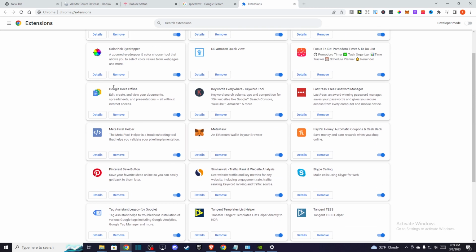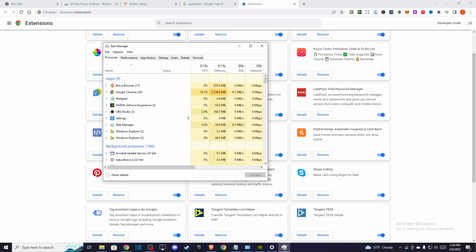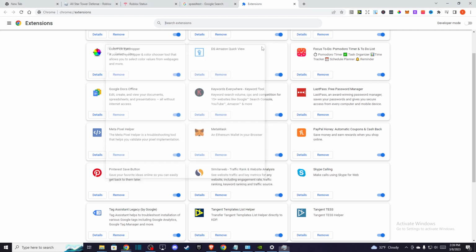Then if the problem persists, go to Task Manager and disable all the scripts, maybe huge mods or something you're using on your computer. So if you know that it may cause problems here, just end the task and proceed to another solution. So if you disable all the mods, maybe cheat engines or the scripts that you know may contradict with Roblox,